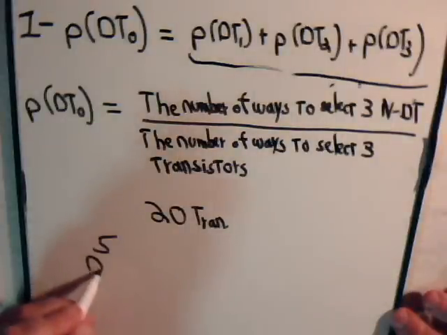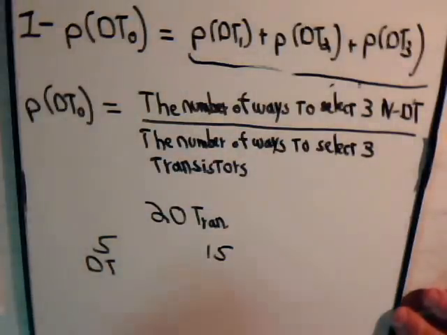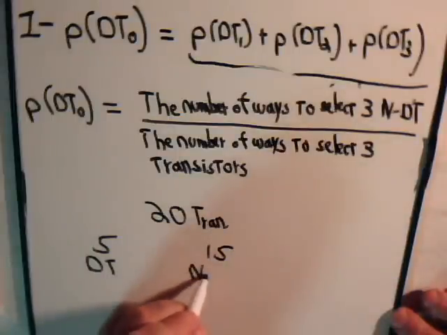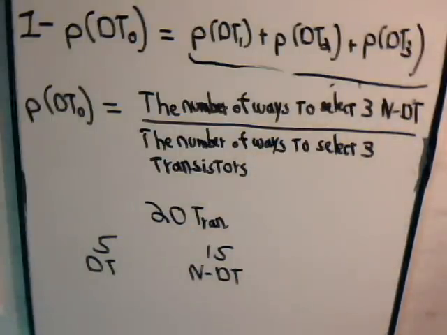Five of them are defective transistors. 15 of them are non-defective transistors. We're randomly going to choose 3 of them. So what is the number of ways that when we select 3 transistors out of this group that none of